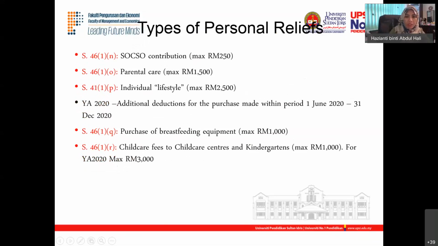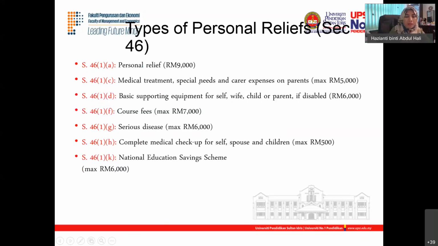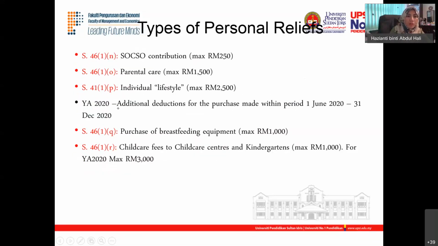So ini tadi, if you don't have this, katakanlah parents sihat je, tak perlukan medical treatment ataupun special needs, but you can still claim from the parental care, which means kalau bagi allowance every month tu kan, so you can claim up to 1,500 for each parent. Maknanya father 1,500, mother pun 1,500. Okay,